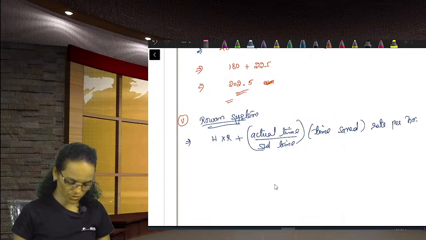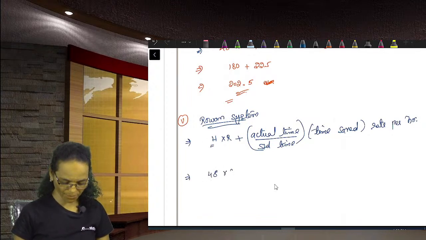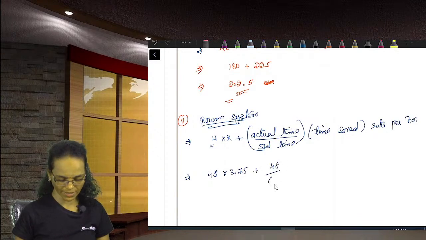Actual hours 48, standard time 60, time saved 12, into rate per hour